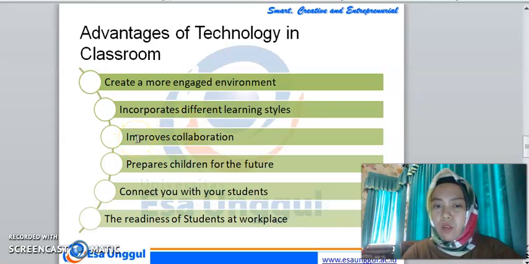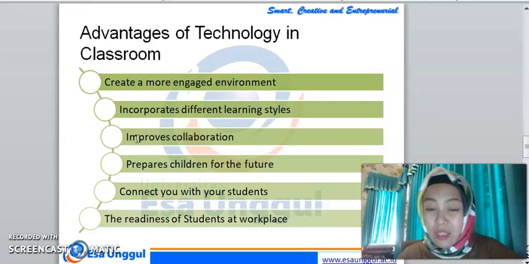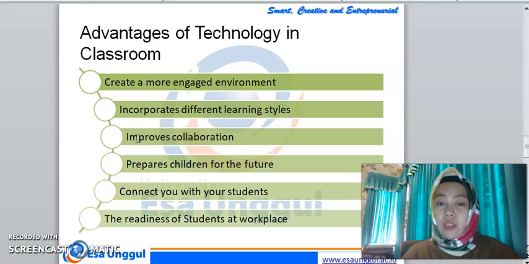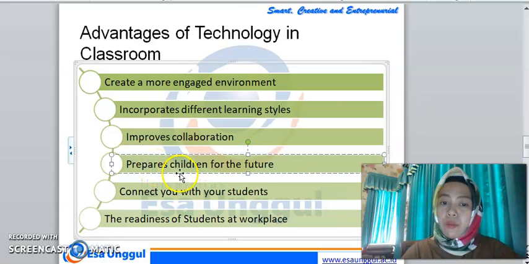Collaboration is very important when they have to work together in a group in the classroom, so they can share their thoughts and ideas. They can be more open, having a lot of information for their knowledge. Of course, we prepare children for the future because